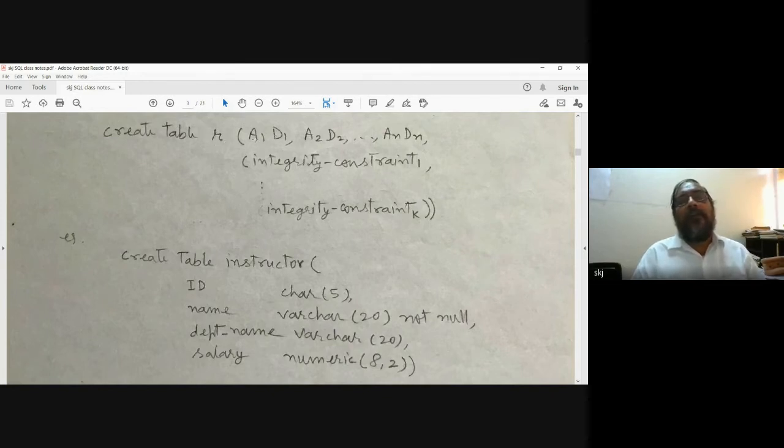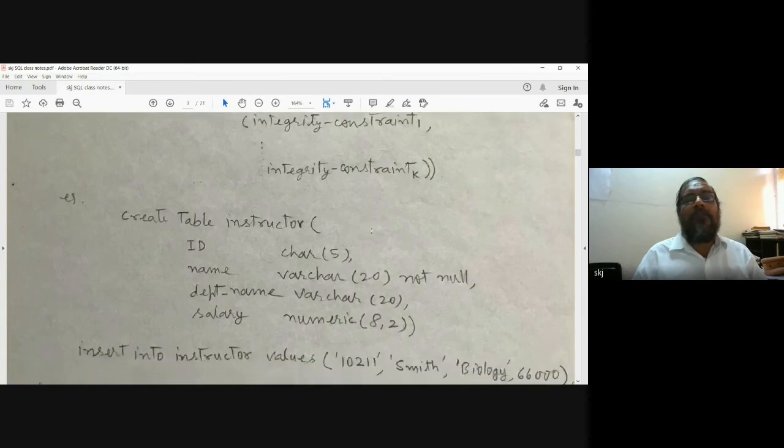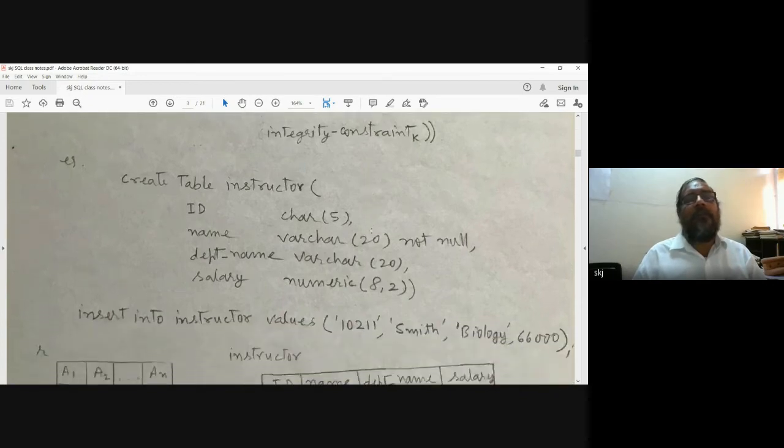Then A1 is an attribute and D1 is the type or domain of that attribute. Similarly, the second attribute definition and so on, separated by commas. Then integrity constraints, if we have any, we use here. Now it will be easy to understand when we use an example.